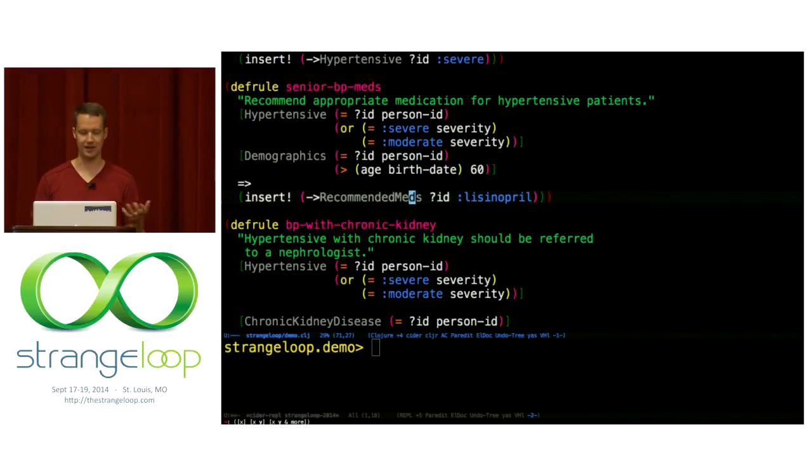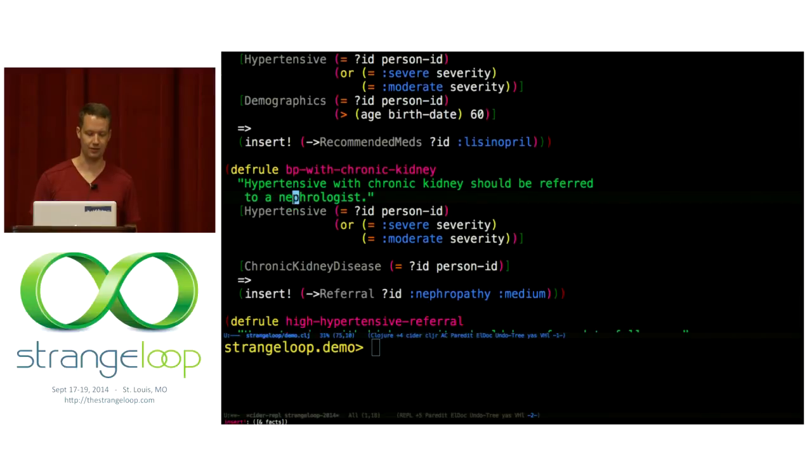And then the right-hand side again is a Clojure expression. In this case, it inserts some derived information, which is a pretty common pattern: simply doing an insertion of this new information. We can also do side effects in use cases where it makes sense. So maybe you might have a function here that says fire alarm or something like that, and then we can deactivate that alarm when useful.